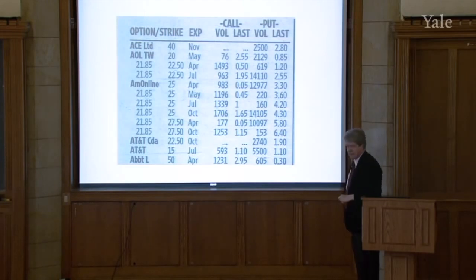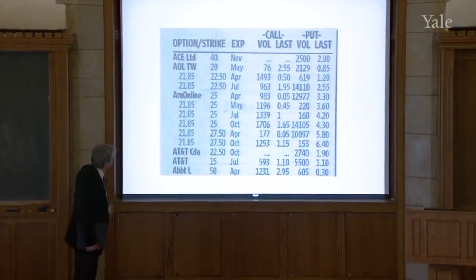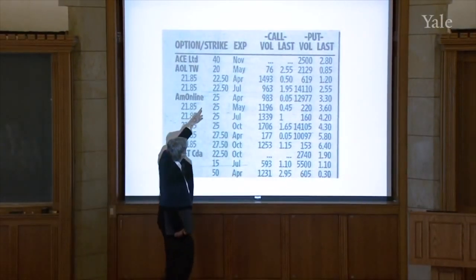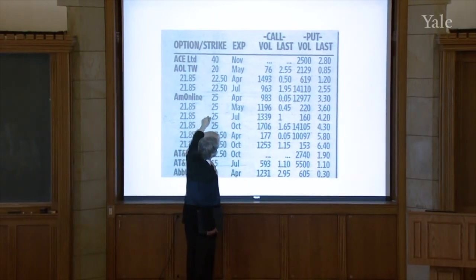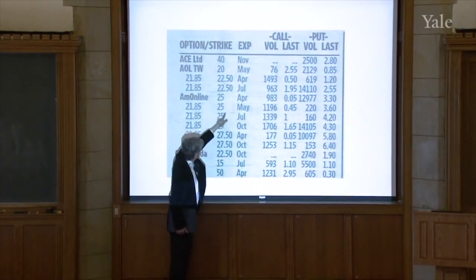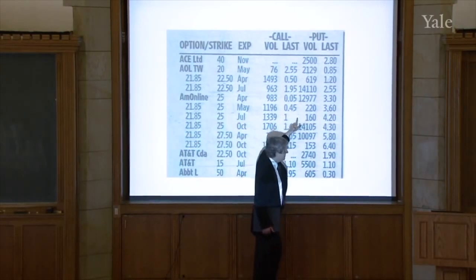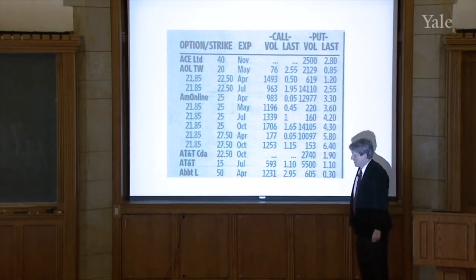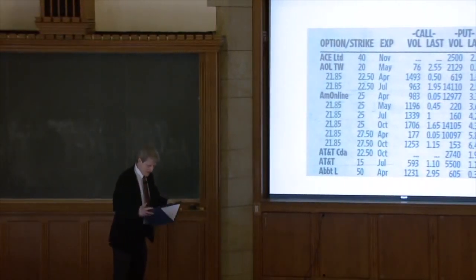Warner at $20. And similarly, you could buy the right to buy it at $20 for $2.55. So these are different strike prices and different exercise dates. Which one can we pick? This one, if it's a call, $25 strike price, costs you 45 cents to buy. But if you want to buy a put, it costs you $3.60. And we want to try to understand these prices. That's the purpose here.